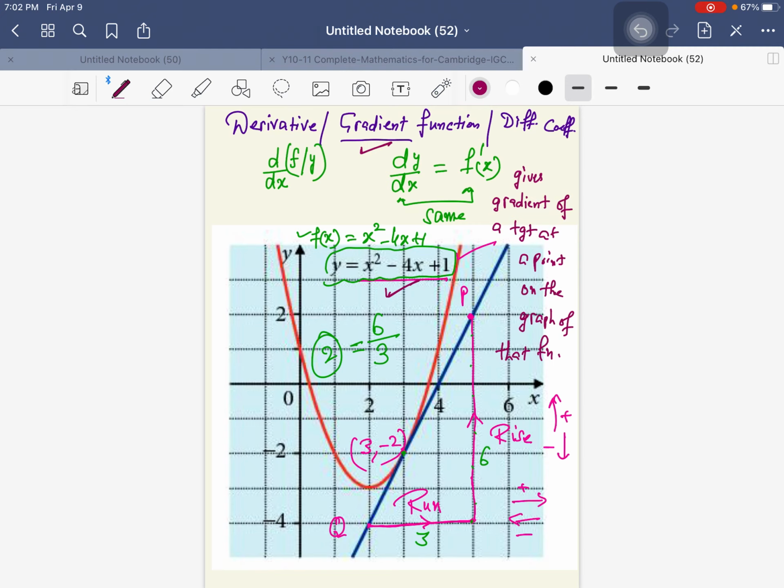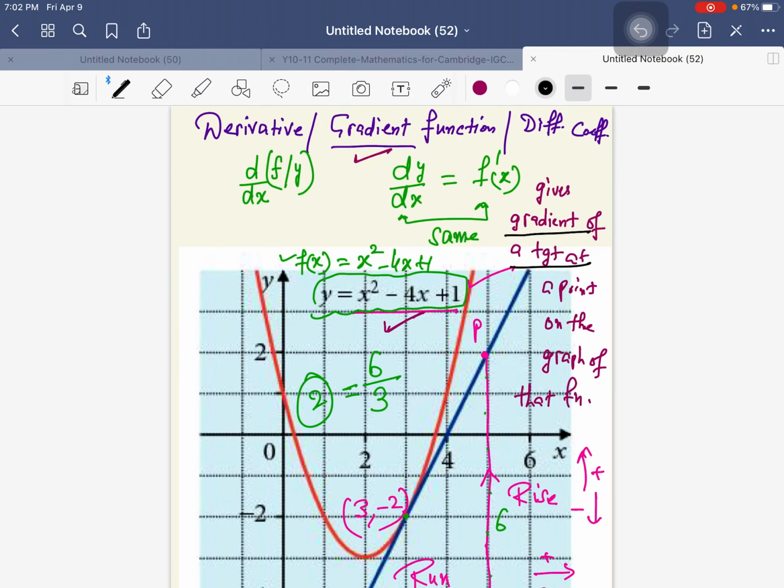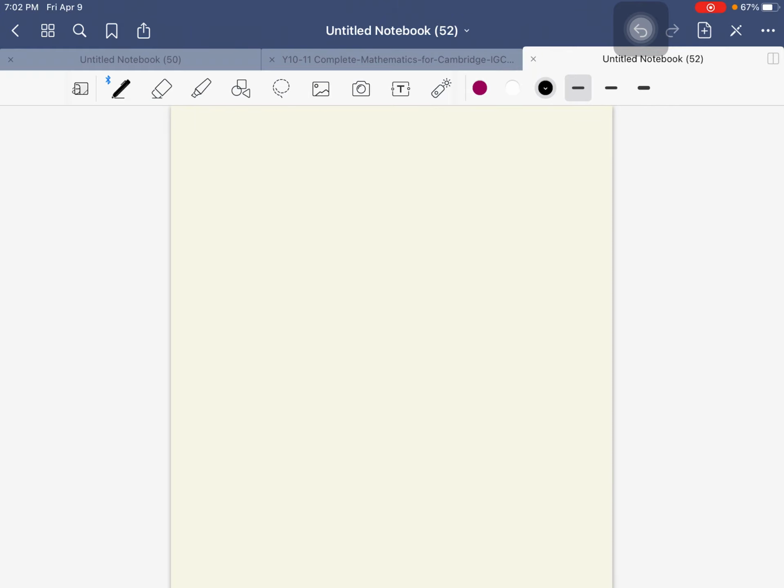So simple word, derivative is gradient of a tangent. Derivative is gradient of a tangent. That's it. After knowing this thing, that derivative is a gradient of a tangent, we need to understand that if this is